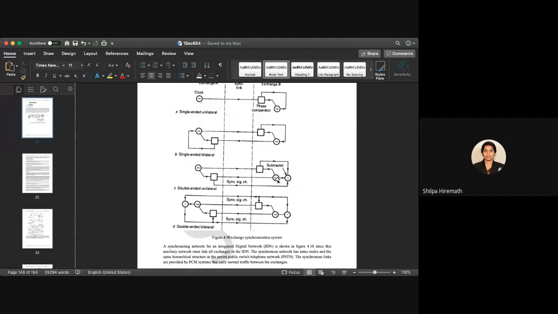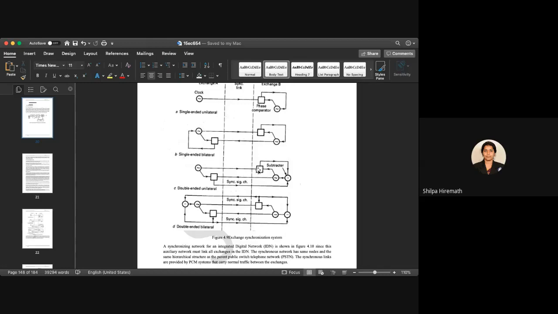That is, the phase comparator is getting the input from the clock of this exchange as well as the clock from the other exchange. Based on its output, what was happening in the previous case, based on the output of the phase comparator, the clock was adjusted. But here, since they are unable to recognize why there is a delay, we are going for getting a subtractor. So here the output of each of the phase comparators is given to this particular subtractor, and the output of that subtractor is given to a clock.